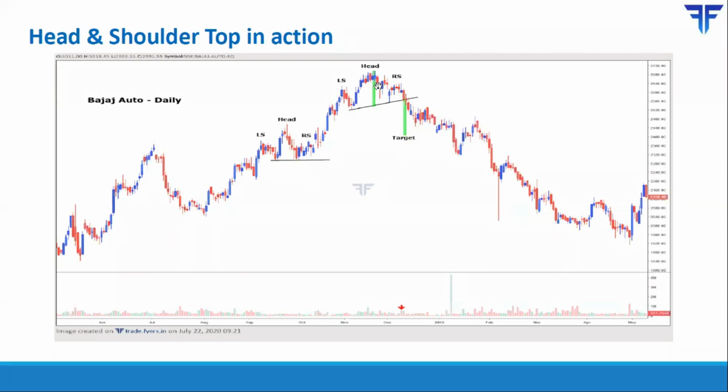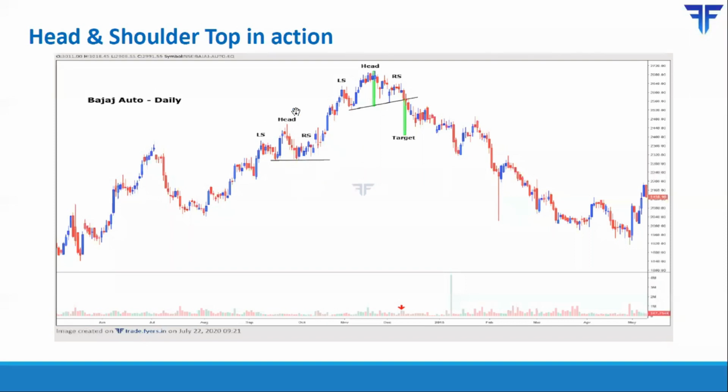Now here you have an example of a neckline that's upward sloping. As you can see, once the break occurs, you can calculate the price objective of the pattern, which will be the minimum price objective, and project it going forward. This was the price objective of the pattern, and that was achieved within a few days. In fact, the price declined very sharply. Keep in mind that whenever a head and shoulder appears near the culmination of an uptrend, the decline can be very swift and powerful going forward in time.